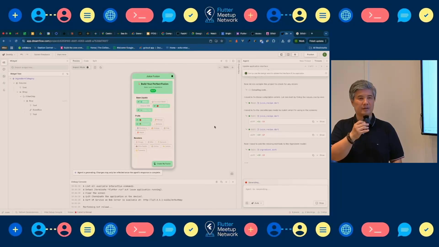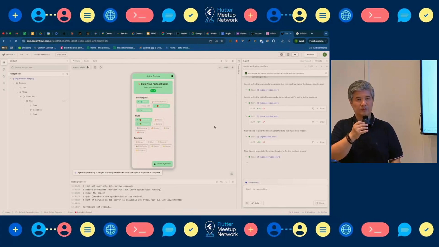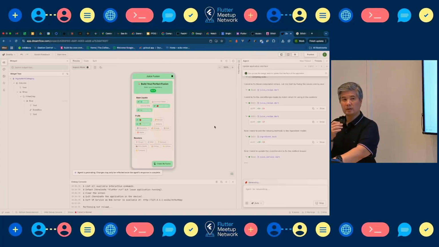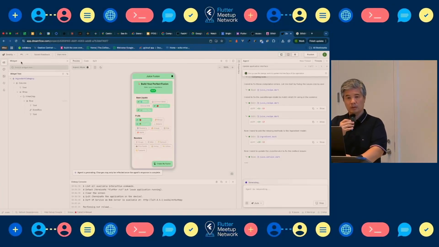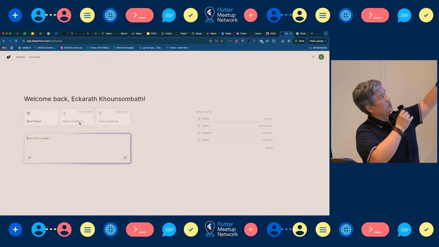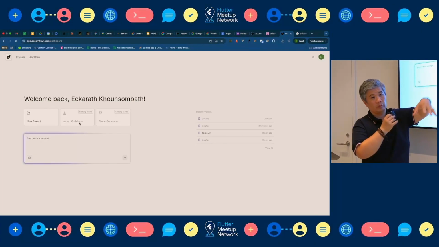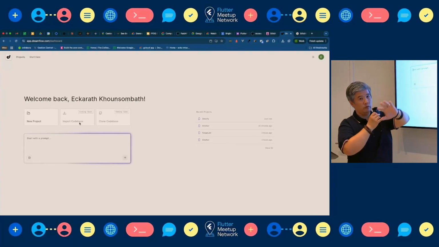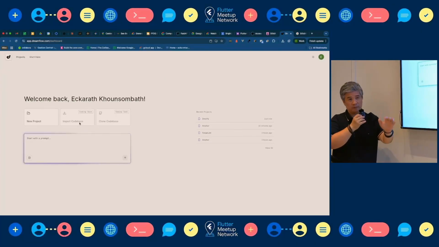Sometimes we need to organize our application and all that stuff that is in the background. We are not covering that now, but the question is if we can provide something like that in the prompt. You can if you want. In fact, at some point you can import your own code base if you want. You can also create a full project from scratch.